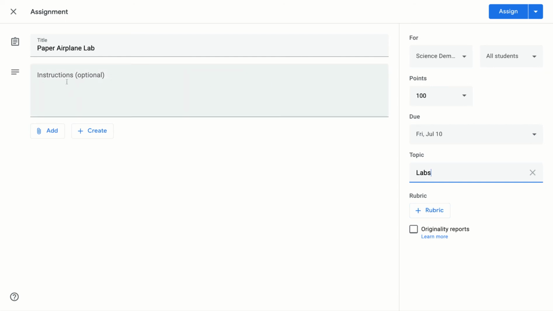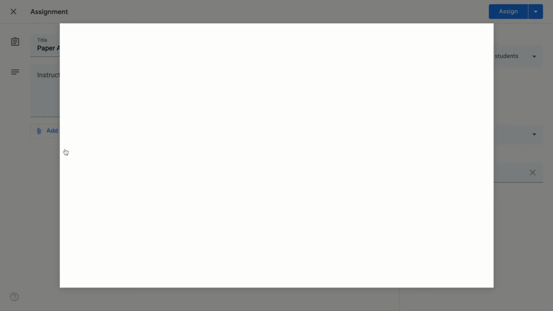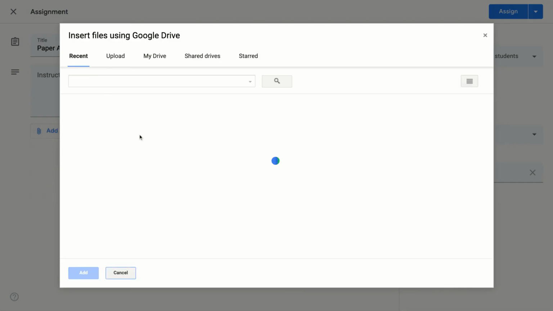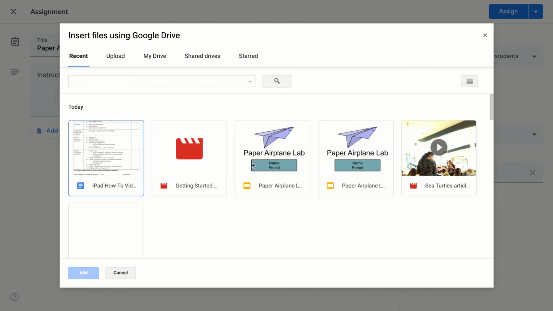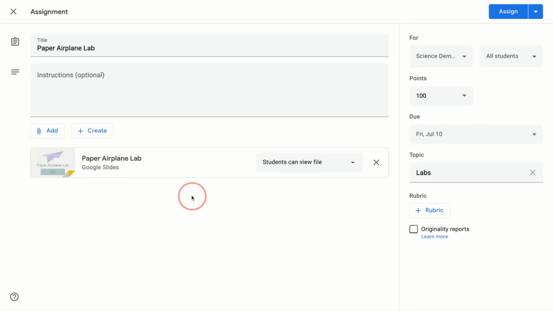And also, the most important and useful thing when creating assignments in Google Classroom is this Add button. This is where you're going to add things to your assignment. So in this case, I created a lab and I'm going to attach it here. If I click on Google Drive, it's going to open my Google Drive in my recents, and I'm going to click Paper Airplane Lab, and you'll see that this set of Google Slides that I already created has now been